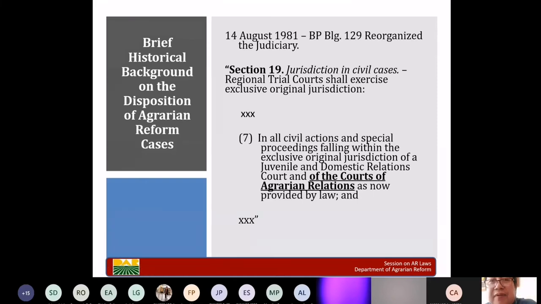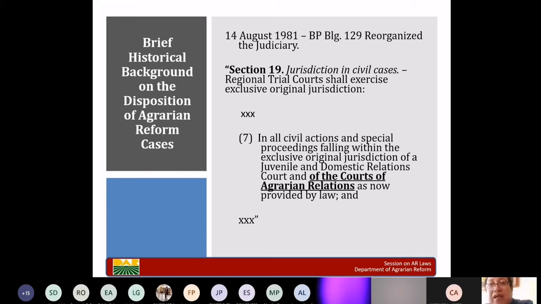After PD 946 in 1976, on August 14, 1981, our Batasan Pambansa passed Batas Pambansa Bilang 129, which reorganized the judiciary. And then the jurisdiction of the courts of agrarian relations under PD 946 was transferred to the regional trial court, and all courts of agrarian relations were integrated into the regional trial courts. That's why, if you will notice, in some of the decisions of the Supreme Court, some cases originated from the courts of agrarian relations, court of first instance, and then the